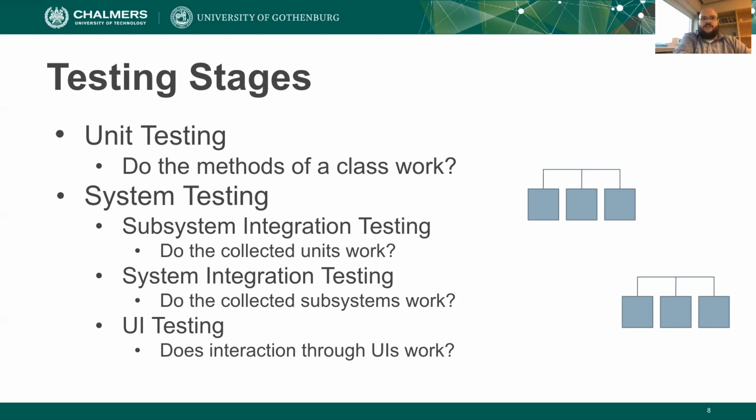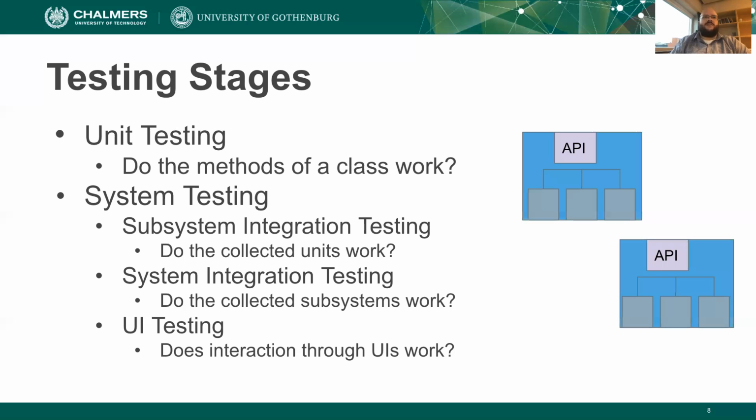And then we move up the ladder to what we collectively call system testing, which encompasses really three things, right? What we call subsystem integration testing. We bring those units together, which have now been tested independently, and we test their integration with each other. Can they now work together without breaking everything? Even if we've tested the individual units, faults can emerge from their combination, and so we need to bring those units together and test their combination and whether the subsystem as a whole can perform the functions that we stated